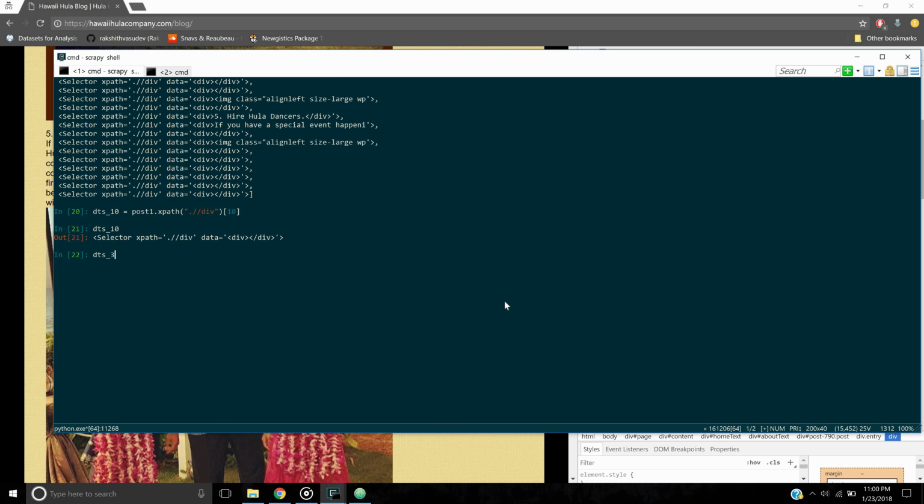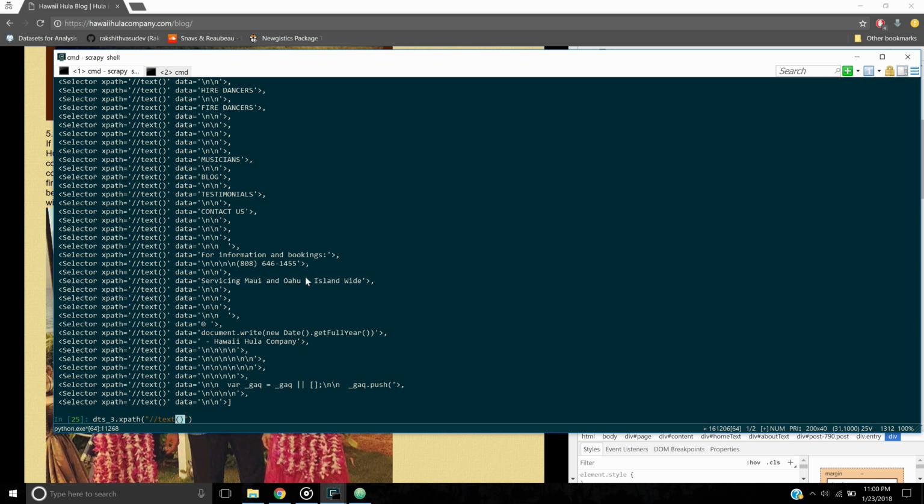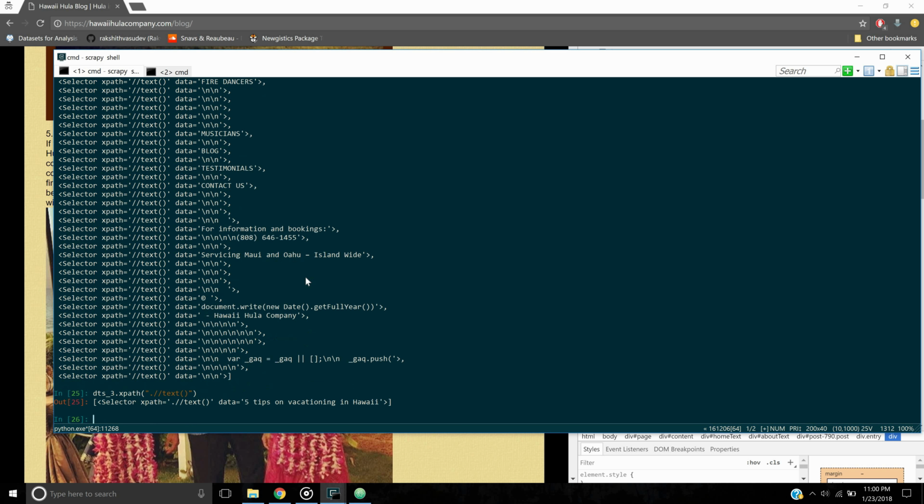Let us choose the third div tag, that is DTS underscore 3. Yep, it is having something. Now let us extract the text out of this. Again, XPath, right? // text. Let us see where we go. Oops, it's my bad. Yep, so I got this, and if I hit extract,